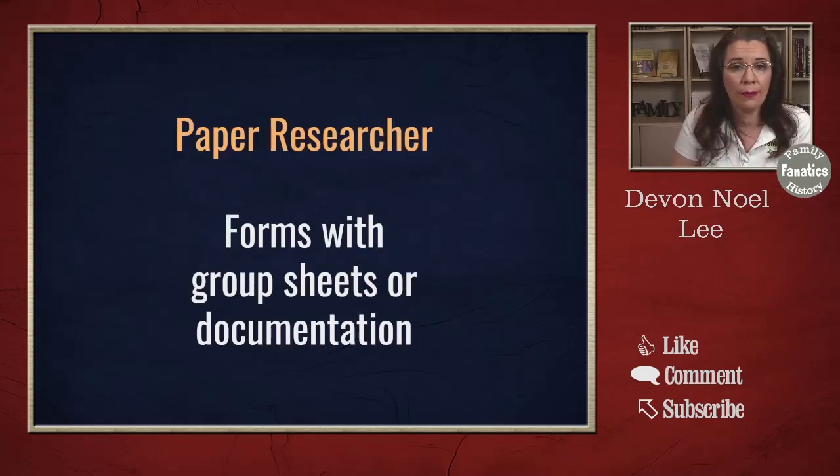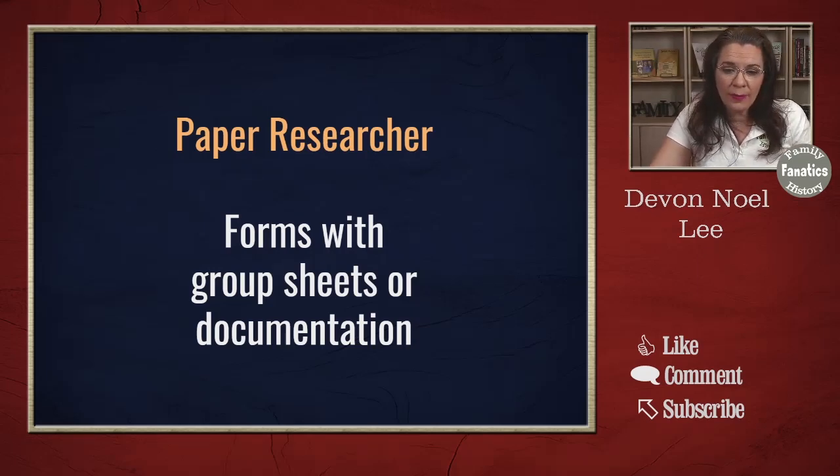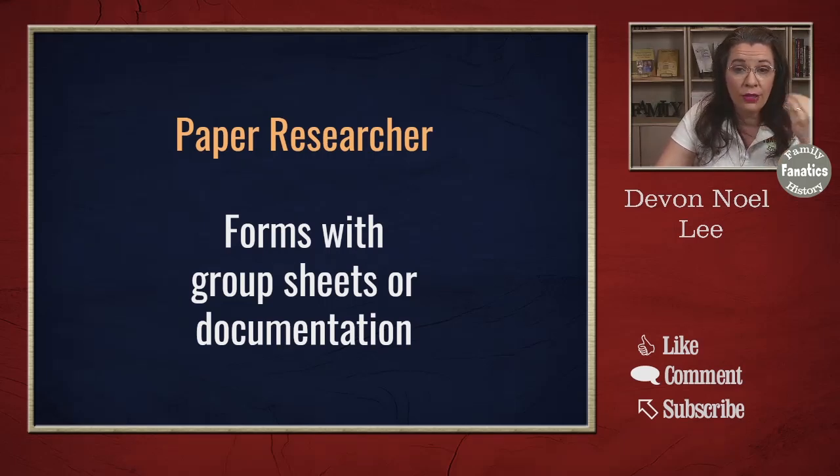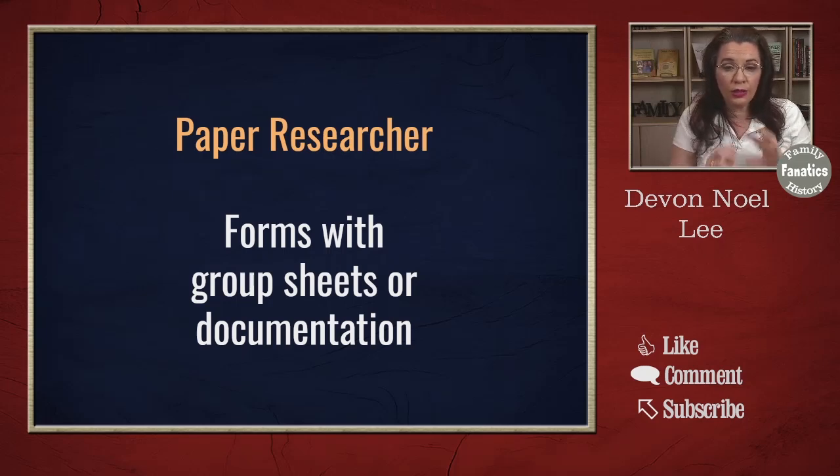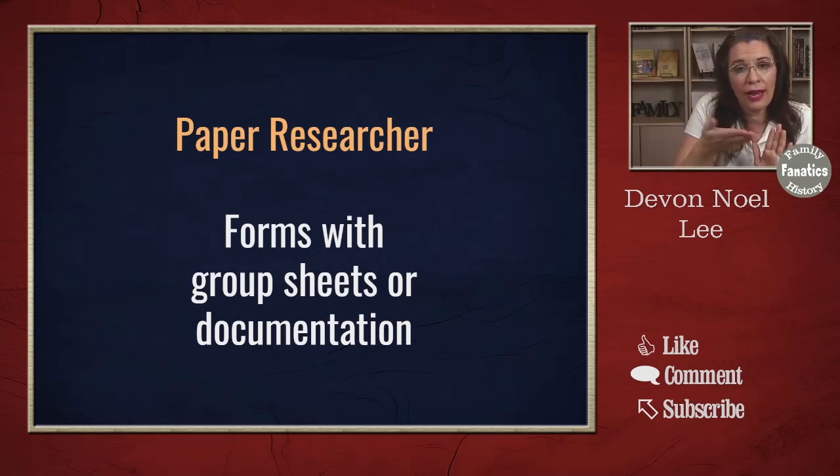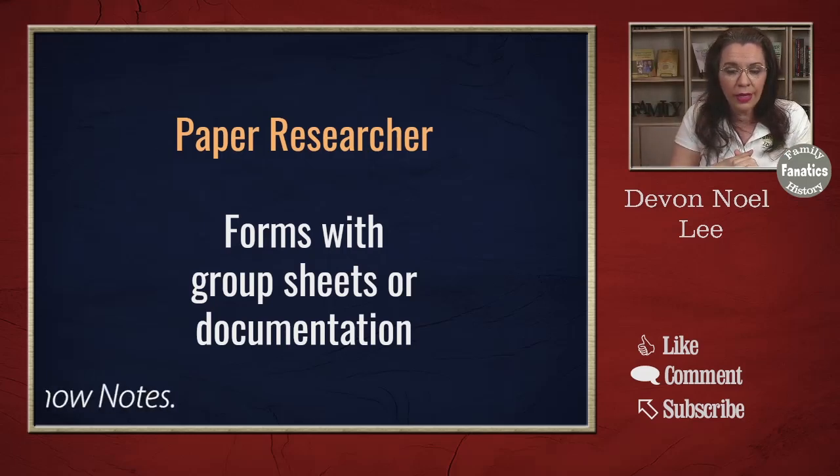If you are a paper researcher, you're going to use forms that keep track of your notes. But I'm going to give you a recommendation, and if you want free forms that you can use for your paper research style, I have two. The first one is called the Free Note-Taking Form by couple or group. And so this note form can go right after your family group sheets, or after you're in your files where you're filing people by couple. You can stick that note in those files.